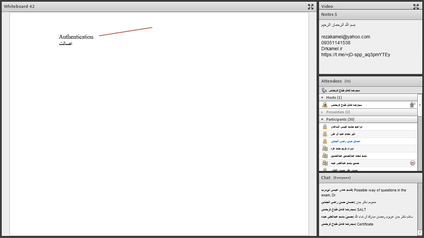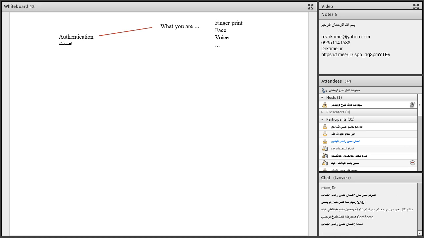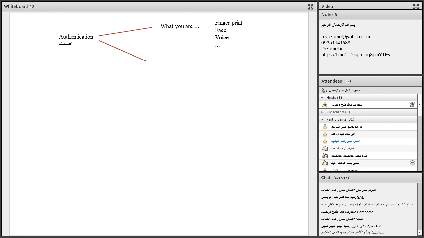There are different ways for authentication. The first thing is what you are. It's like fingerprint, like face, like voice, etc. The first thing is what you are. Okay, the next way to do authentication is